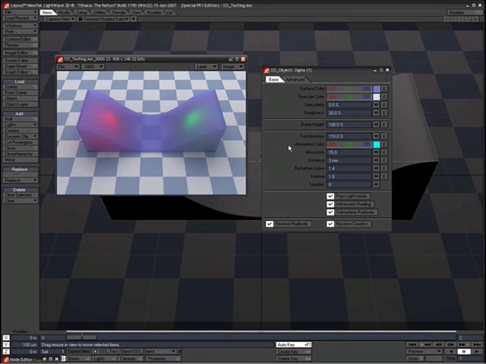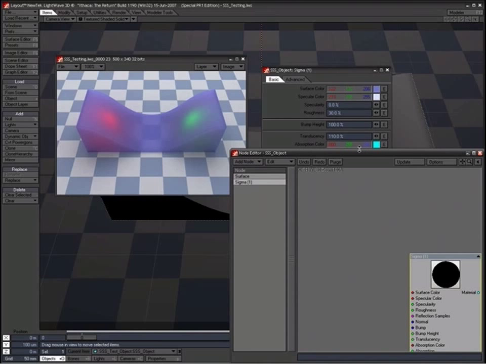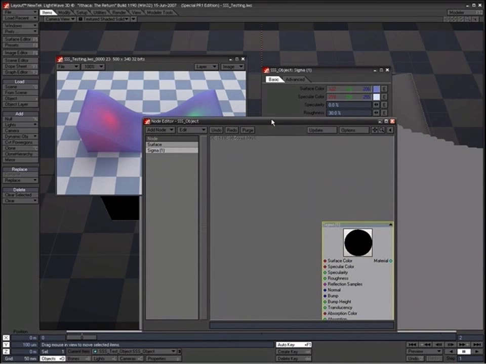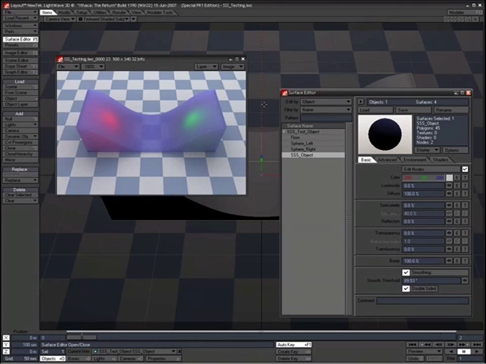Now, interestingly, when I was testing this, there's something else. We're nearly at the end here. I know I'm rambling on a bit. Let's close that down and bring up the surface editor. At the moment we've got double-sided turned on, which you need for it to work. And if I turn that off and F9 that,